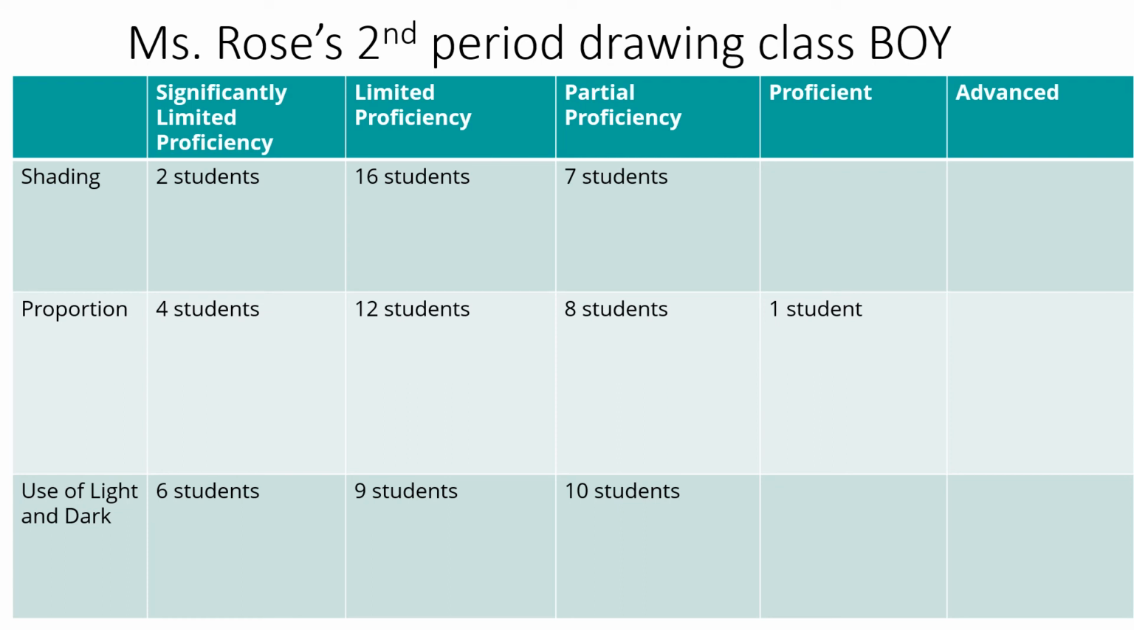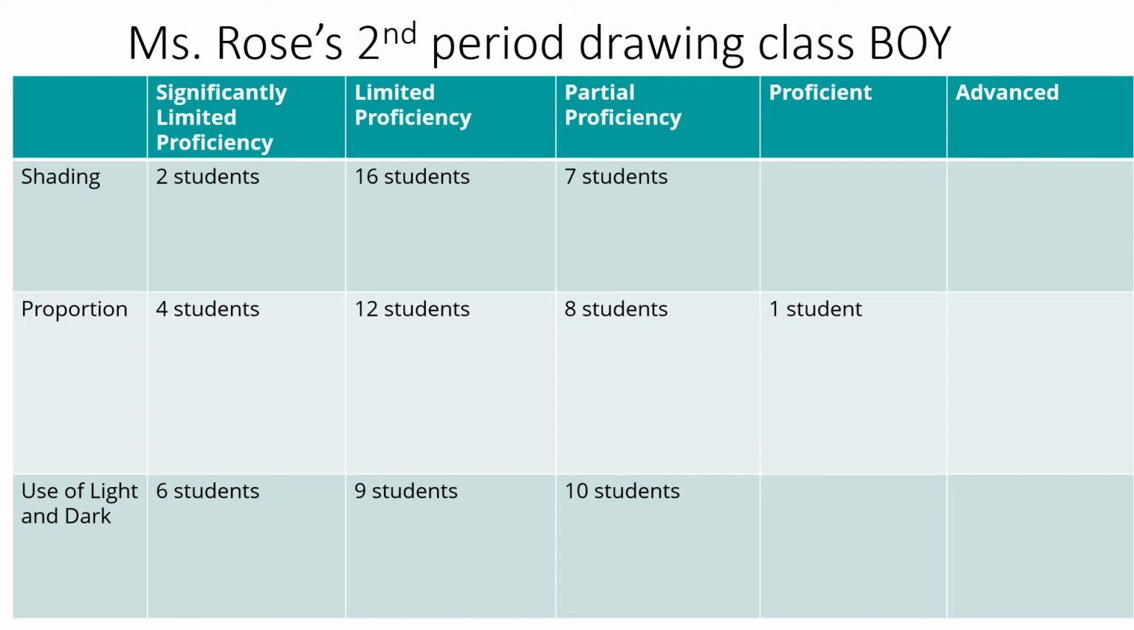So here's a sample set of beginning of year skill proficiencies for a class of 25 students. Let's look at this rubric. It shows 2 students whose drawings aligned to significantly limited proficiency for proportion, 16 students whose drawings aligned to limited proficiency, and 7 students whose drawings aligned to partially proficient for the skill of shading. So Miss Rose looked at her student work for the 2 students, let's call them Denise and Scott. And so they were placed at significantly limited proficiency, meaning that their work demonstrated limited or no use of